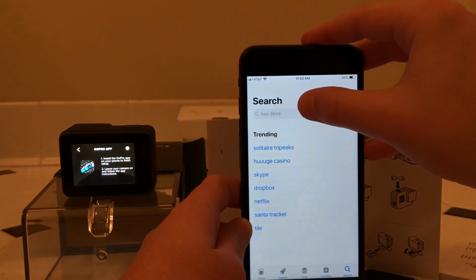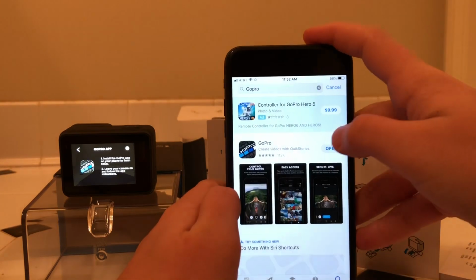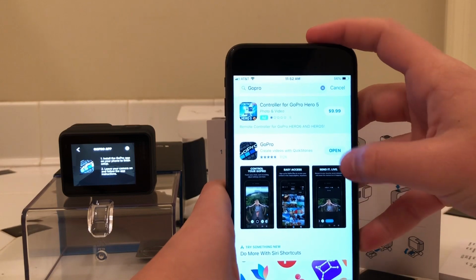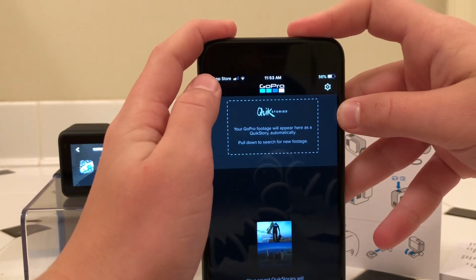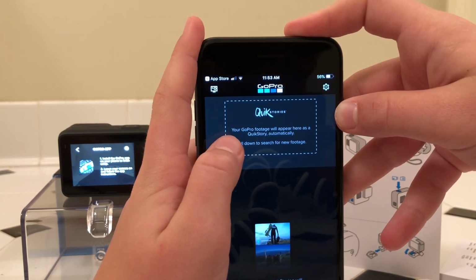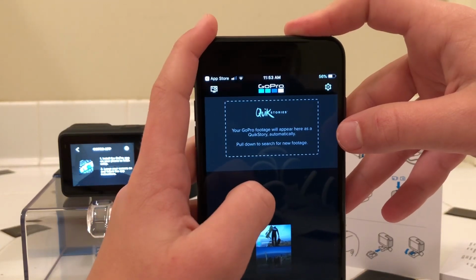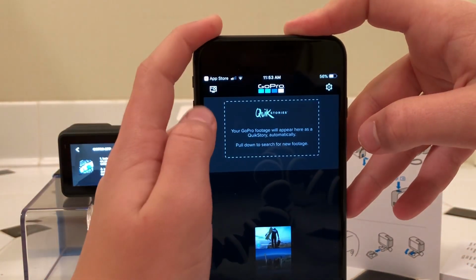Alright, so once you're in your app store, all you need to do is look up GoPro. And that's the one right there. You just need to download it. I've already downloaded it. So I'm gonna go ahead and open that. And when you first download the GoPro app, it probably will ask you to sign in and ask you what GoPro you have. If you already have the GoPro app, because you've already had a GoPro, and you want to add a new one, you need to tap that button right there,